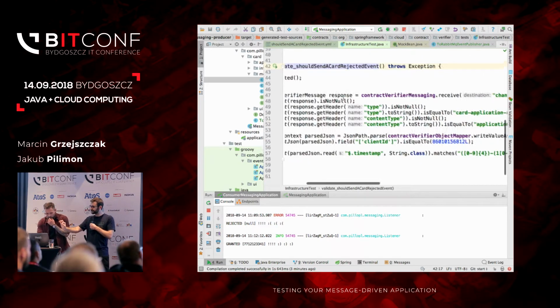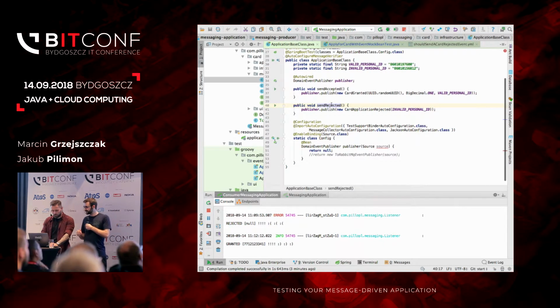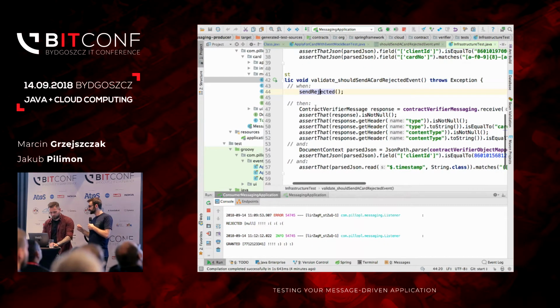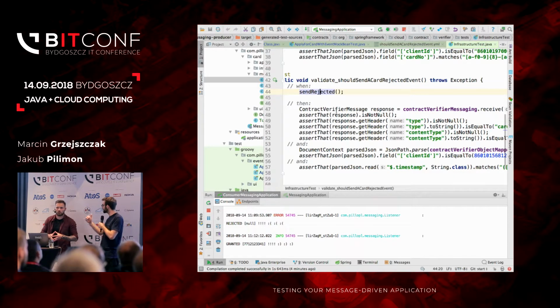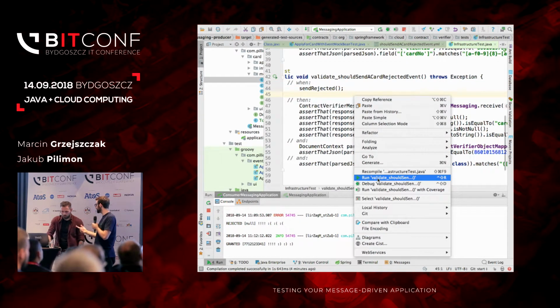So you can see that there is a method send rejected execution. Can I go? Yeah, sure, let's go there. Into this method, send rejected, uses the publisher, the RabbitMQ publisher, to actually send a message. The one that we have just written. Yes, precisely. To trigger a message, and we want to verify whether that message is correct in terms of what's there in the contract. So if it has the concrete headers and the concrete body. So it's going to serialize the message. Yes. So on the producer side, we'll verify if the message is properly serialized and if it got sent to the proper destination.